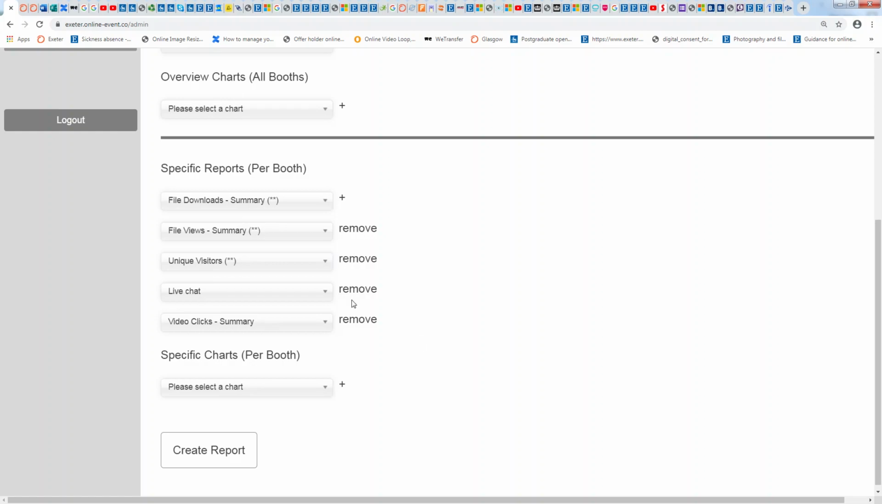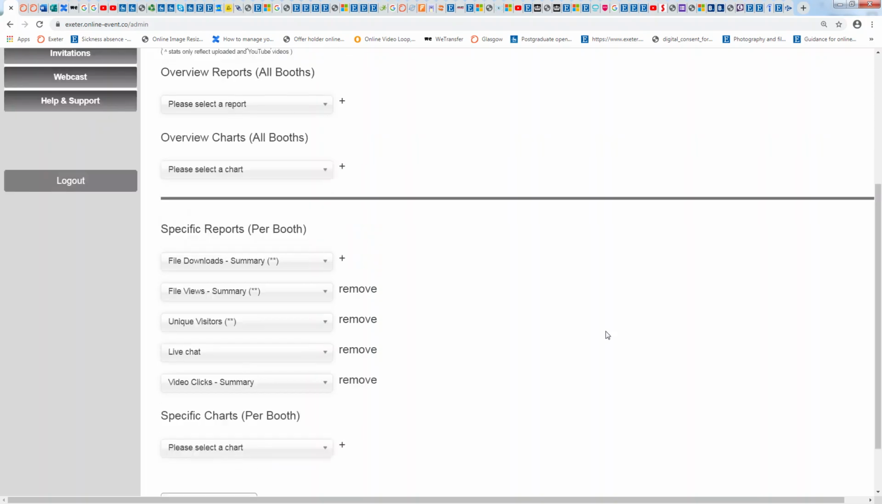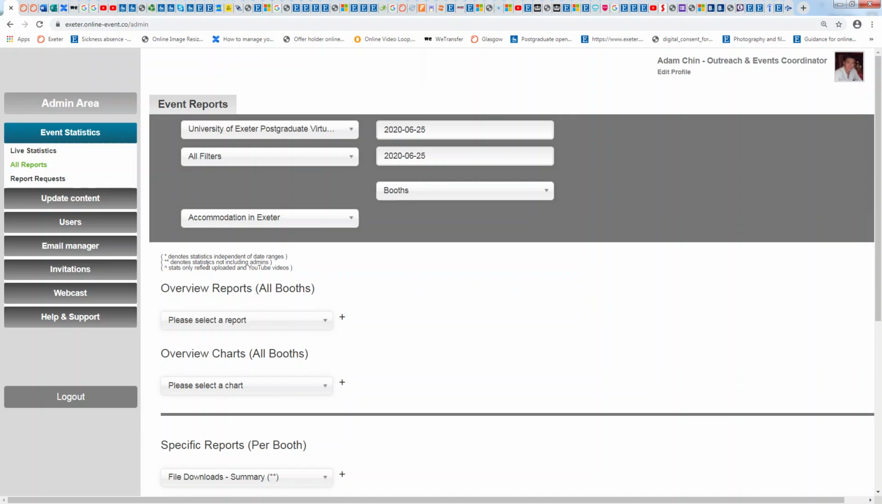The more that you've got in there, the longer that report will take to generate. So it might not appear straight away, but once you've selected all of the ones you want to choose, go ahead and click create report, and then that will start generating. And then if you head into report requests,